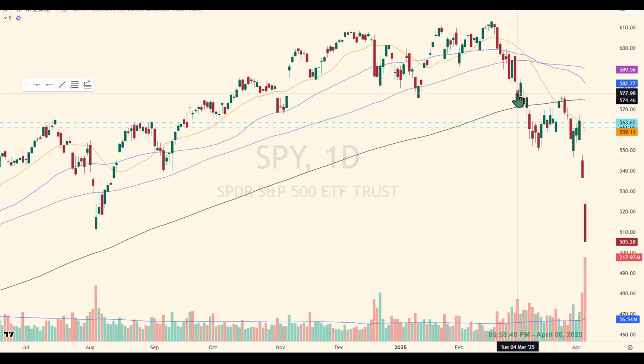Went back and checked. I think the first time we started talking about this zone down here was toward the beginning of March, like maybe call it the 5th or 6th or 7th or so. It was before they got down here. So if you're interested, you can go back and look at the recap videos talking about what they need to do with this zone. This was an area they could bounce.